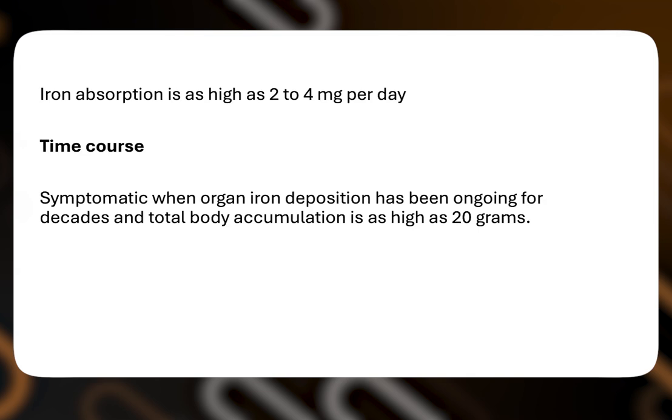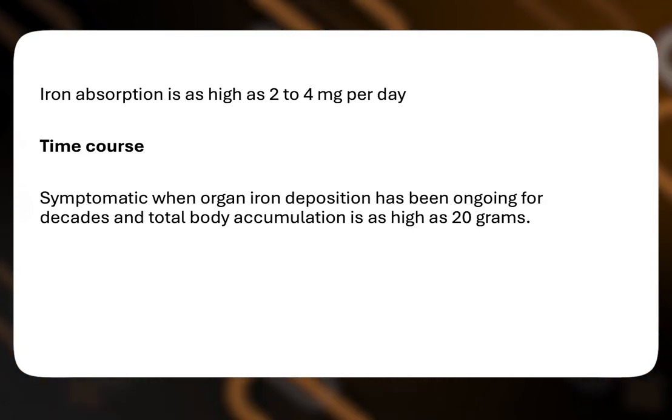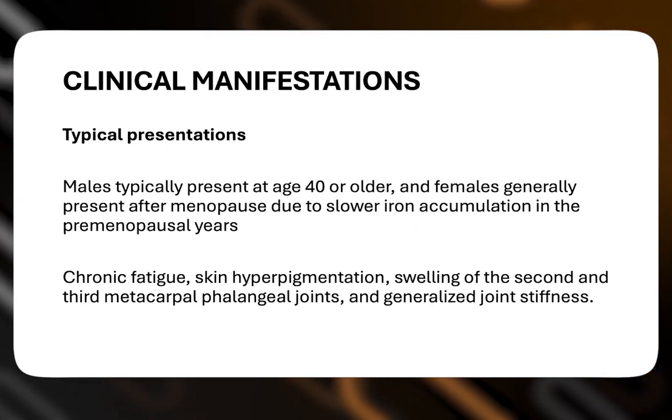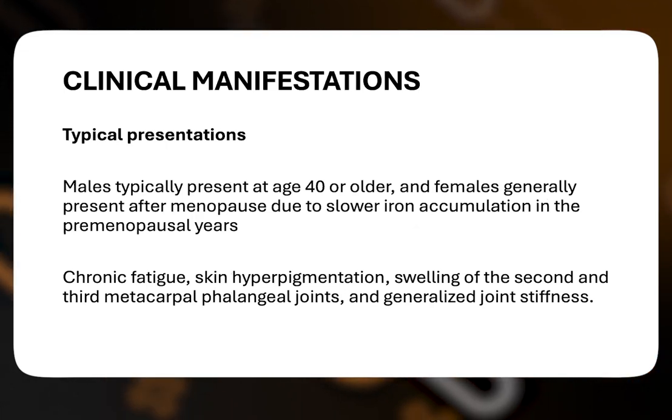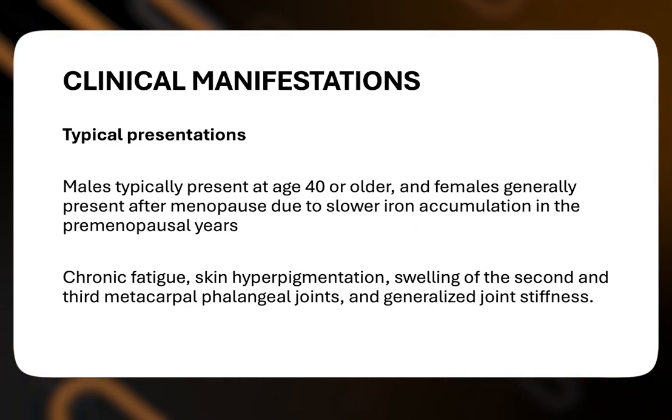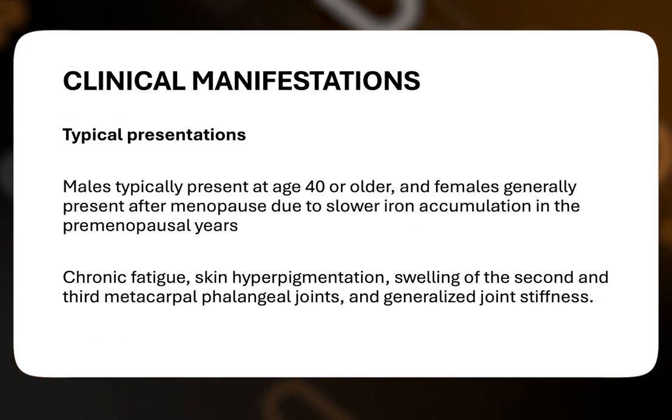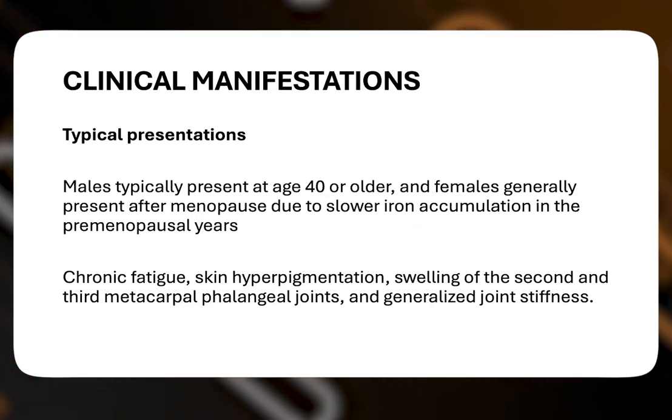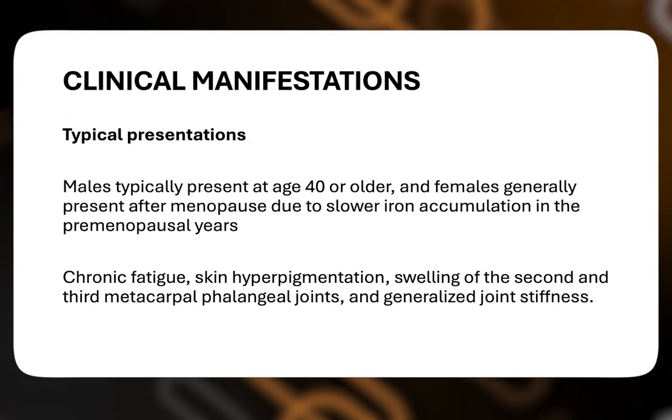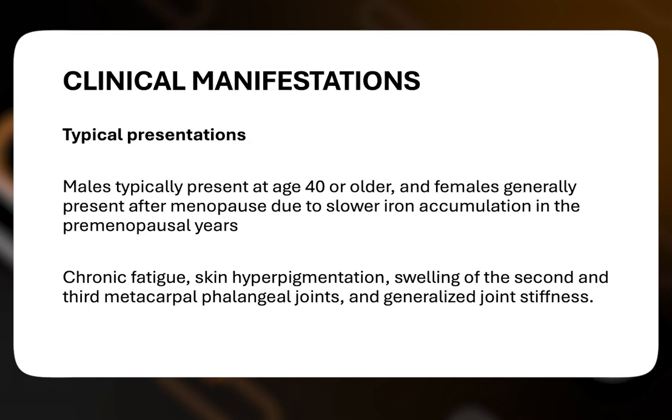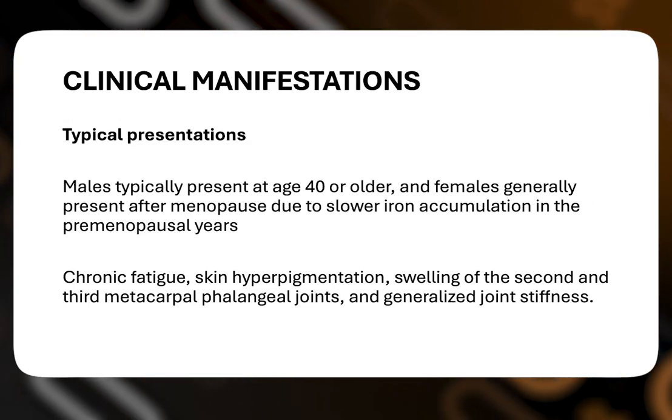So that way we won't find manifestations earlier than the third or fourth decade in males. Okay. So as just discussed, typically the males present after 40, and generally in females it occurs less because they have a regular loss of iron and blood through menstruation, so they get it further down in their life. Okay. Chronic fatigue, skin hyperpigmentation, some joint pain, generalized joint stiffness, are very common findings in